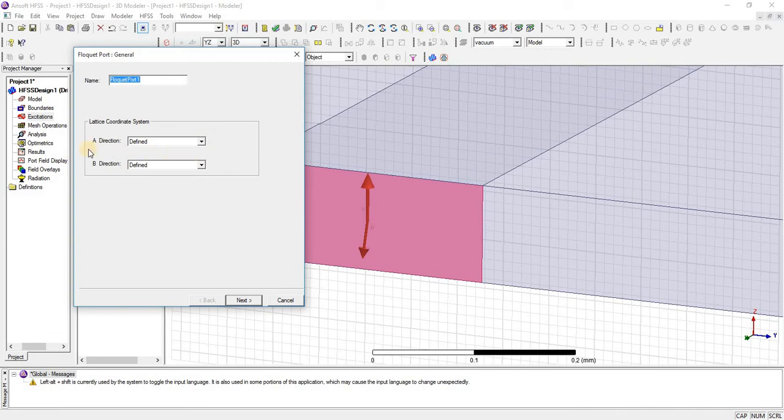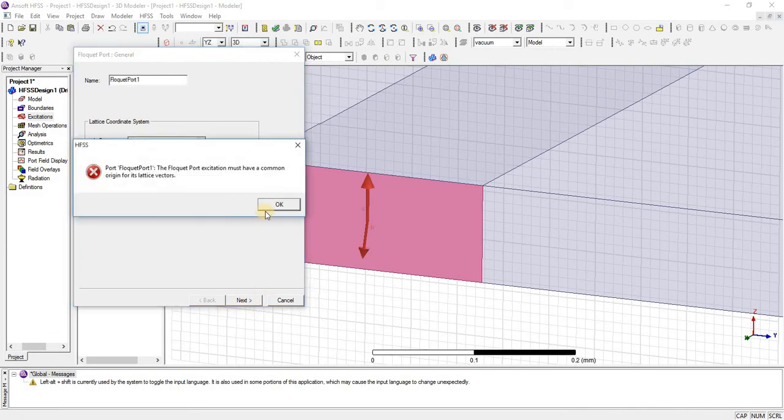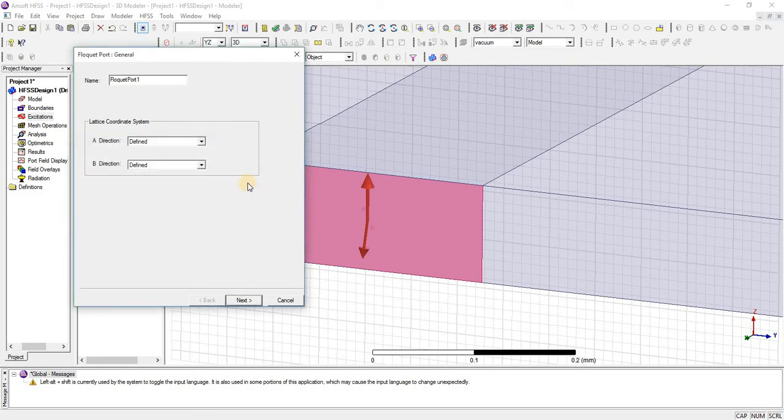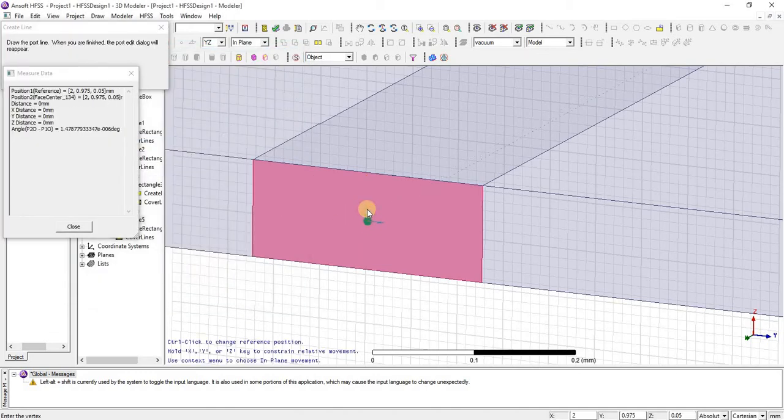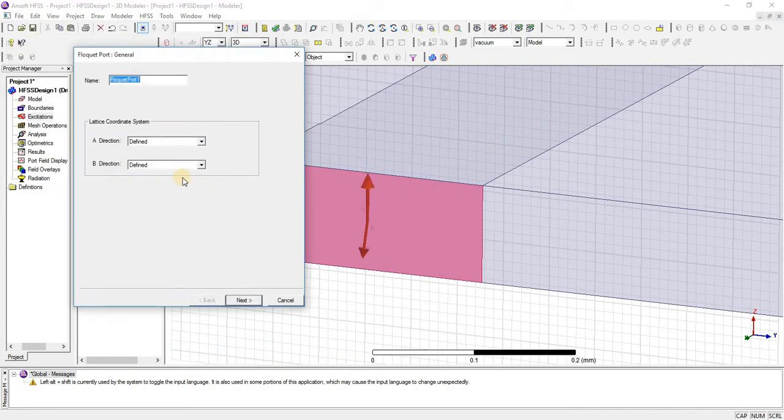Here you can see that both are defined. You can redefine it if there is any error.